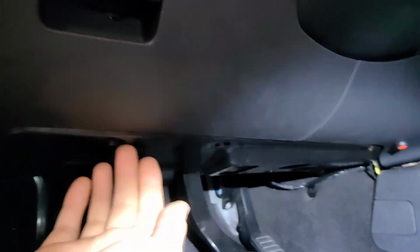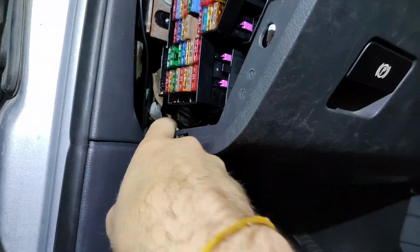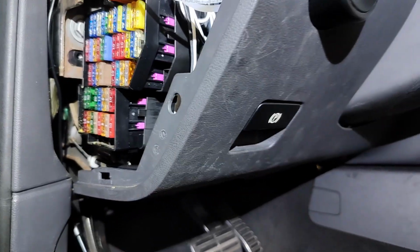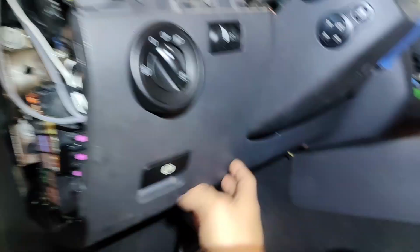We'll take those off, followed by the screws that hold this plastic covering piece. I believe there's 3 under here. 1, 2, and maybe 3, or just 2. We'll take those off, and then we'll actually have to disconnect this parking brake, and that just pops out from right there. So once we remove those off camera, this whole plastic piece and undersiding till about here will slide